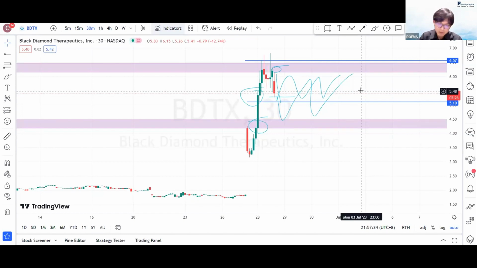Maybe FA later, macro wise, Xiong might share a bit. Based on this Black Diamond, if you don't find this interesting, then this is just the chart I'm going to show. Subsequently, later throughout the session, we don't have to review this counter anymore.